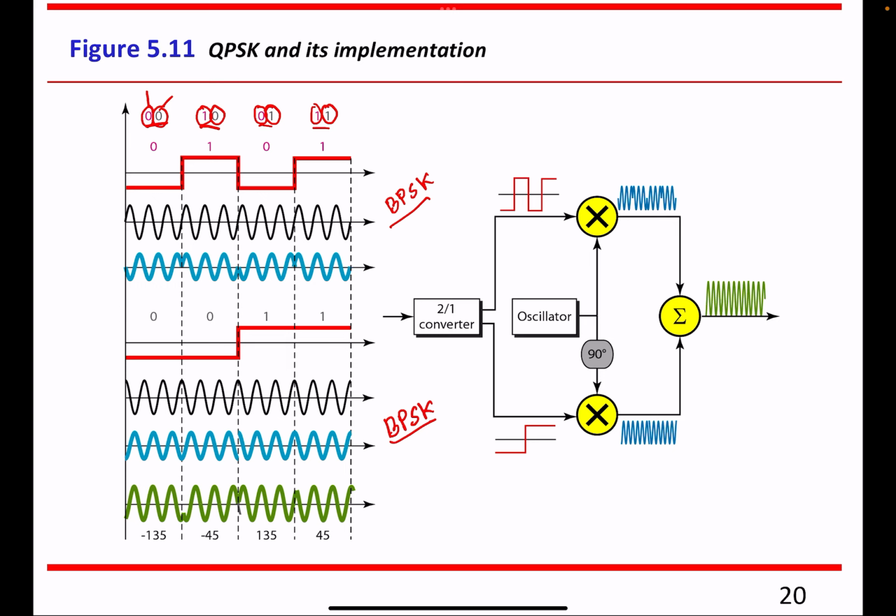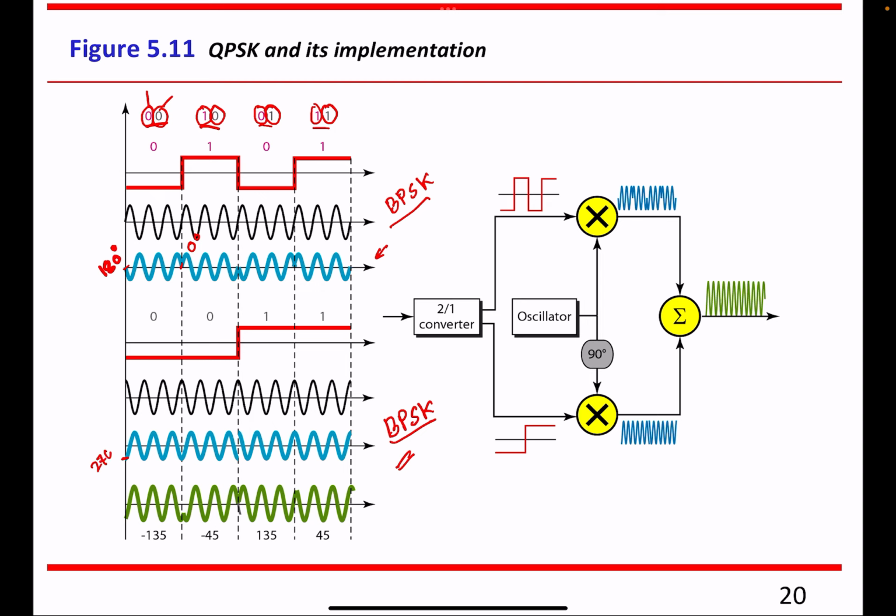So how can we do this, or how does it work? Let's say for the left bits we use a BPSK, binary phase shift key, and here for 0 we use, it is starting from 0. For 0 we are using 180 degree, and for 1 we are using 0 degree. And for the second BPSK that is shown here, for 0 we are basically using